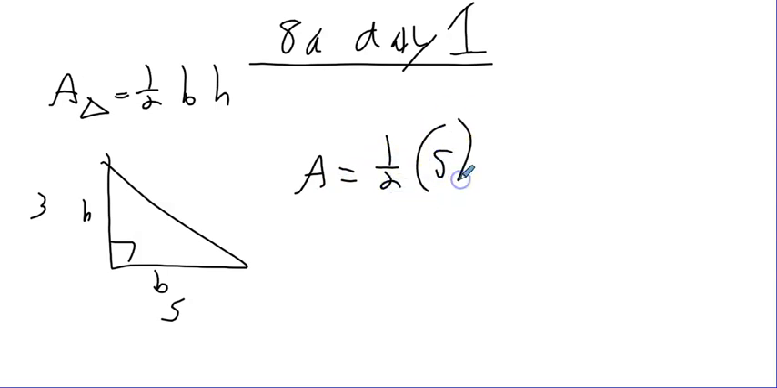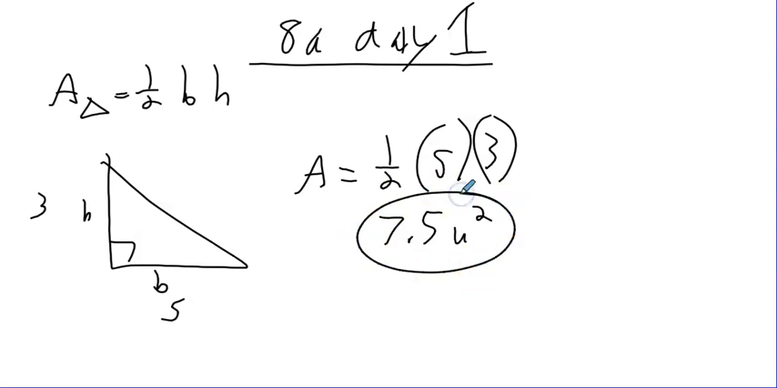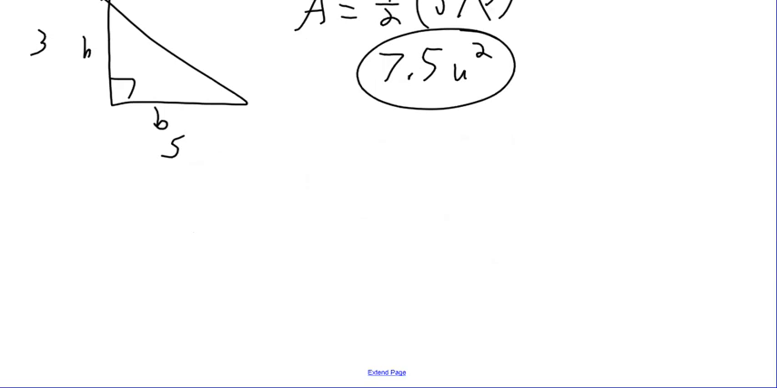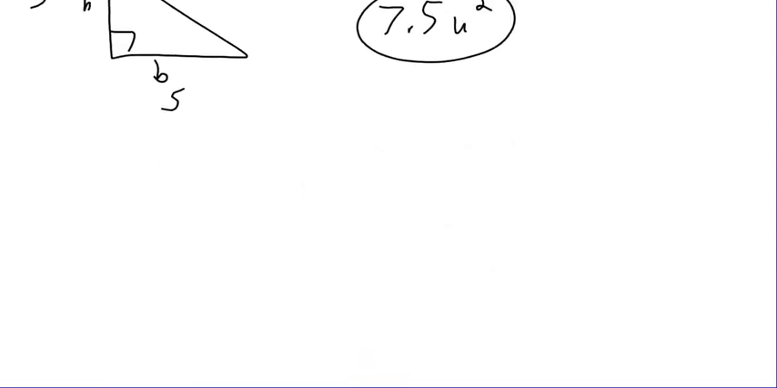5 times 3, which means it would be 7.5 units squared. 5 times 3 is 15, divided by 2 is 7.5. And if we're not given centimeters or inches or meters or anything, we just use a U for units. Now, the next type that we have is, what if my triangle is,